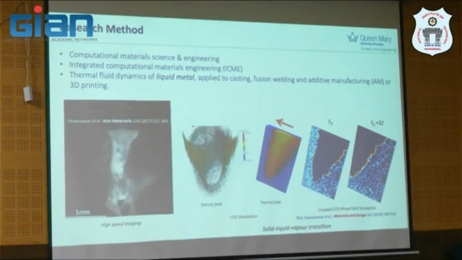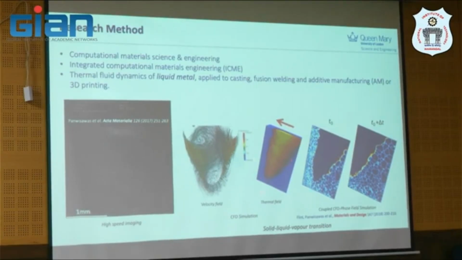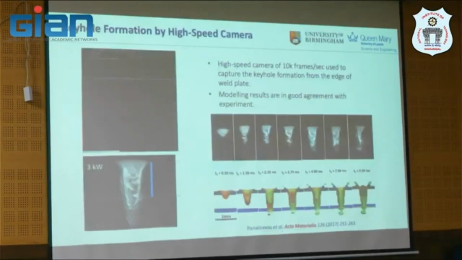So we use the computational method, an integrated one, and I can show you the case that we did in welding. We use a high-speed camera to capture the dynamics of the welding. You see how the melt pool oscillated and what happened. We try to capture this using simulation, solving all those equations from before, and then predict the resultant microstructure. This has been validated with the high-speed camera here at different times. Back in the 2015 experiment, one of my projects, you will see that this prediction is quite good